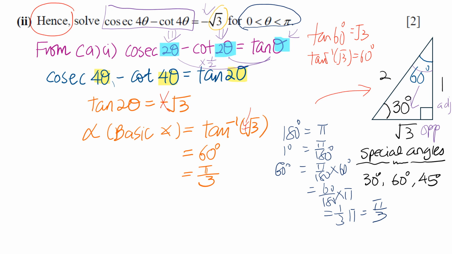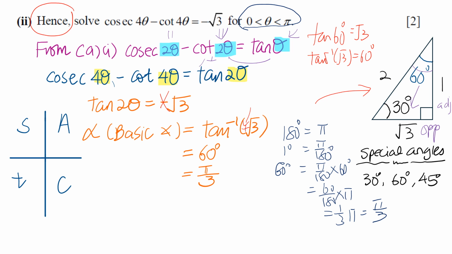Alright. Then the next important thing is we need to identify where the angle is coming from. That means which quadrants we're interested in. And that will involve the concepts of your ASTC. And that involves going back to the original equation. Your original equation. Let me erase all this, it's very confusing. The original equation,